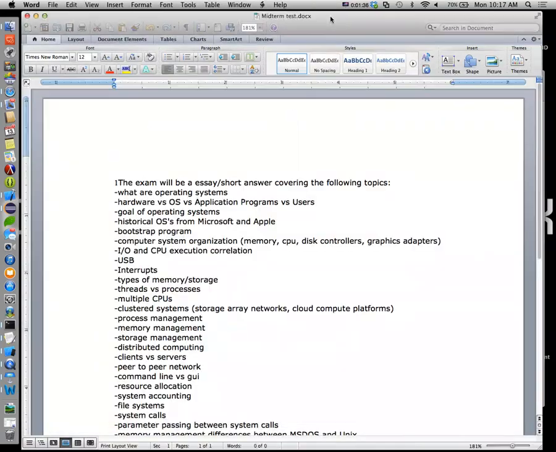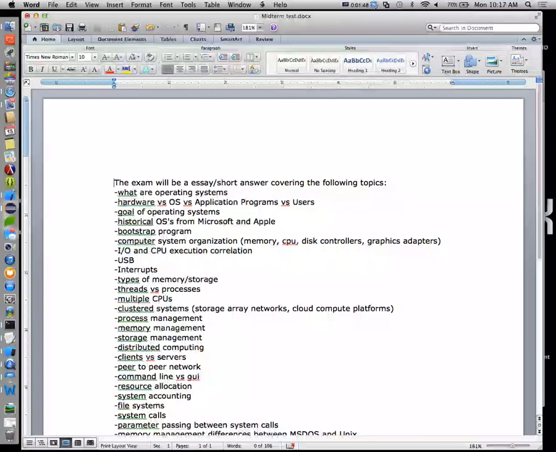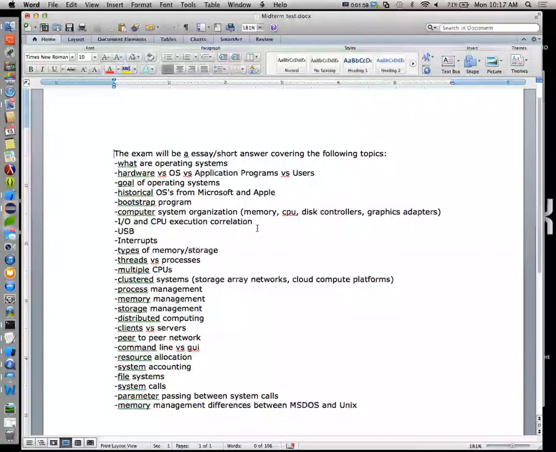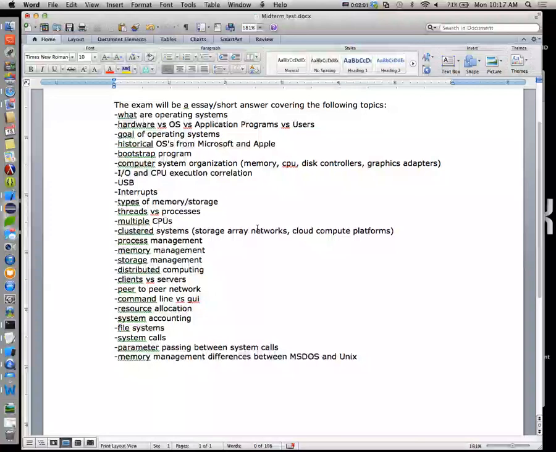Okay, there we go. So in any case, the exam will be designed to be about 30-35 minutes, so there shouldn't be a time stress problem unless you don't know what you're talking about. It'll be essay and short answer, so no multiple choice or anything like that. So here's the topics it covers. We'll go through each of these. If you have questions, you can ask them now. Otherwise, you can come with questions on Wednesday. I'll be happy to cover those.